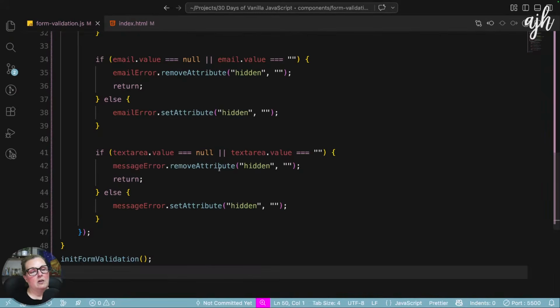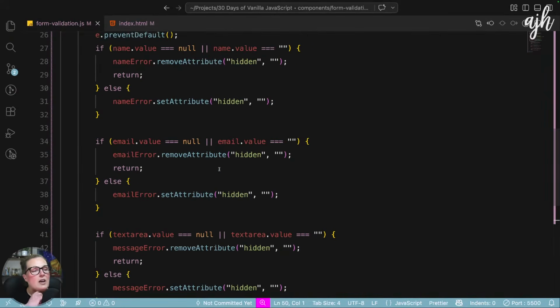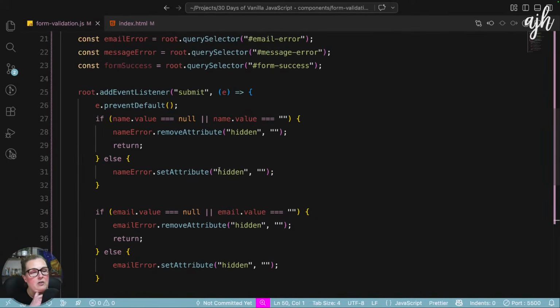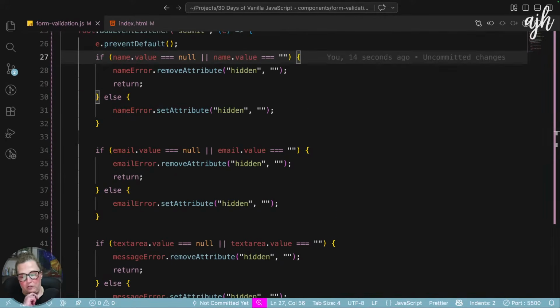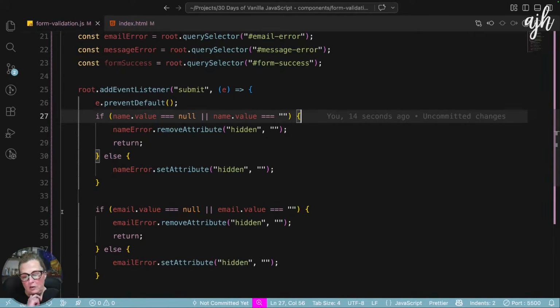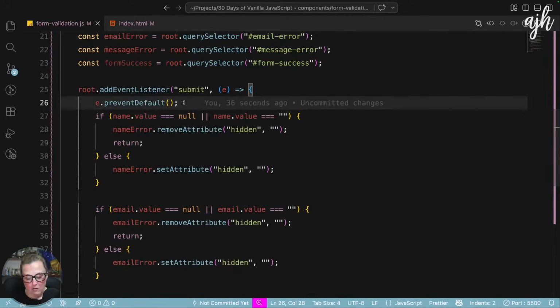So, seems like the good user experience. Okay. So now we're checking all of our fields to make sure that they're filled in. We're not worried about pattern matching. We're checking for either null or an empty string. Thank you, Caffeine Cowboy, for pointing that out. What else do we have here? Okay. We've got our return statements in, so we're only doing one at a time. And then